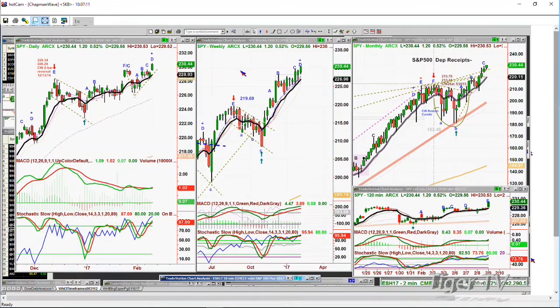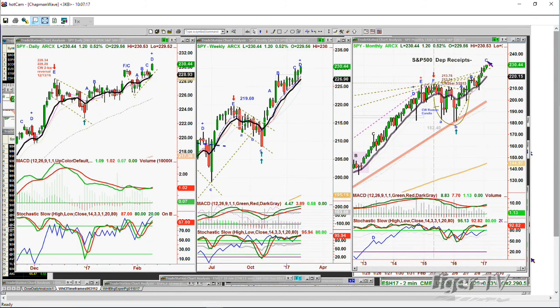Hey, look at this. The SPY has gone to leg D. The S&P 500, leg D. The SPY weekly, leg D. Only a leg C in the monthly. So long-term, fabulous. Weekly chart, fabulous. Daily chart, that's going to be interesting. We've gone to a leg D,